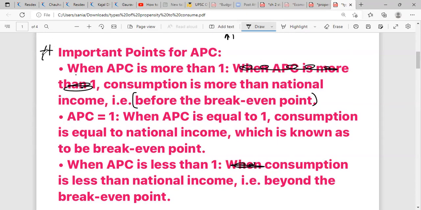Okay, so you'll write hashtag important point about APC. First point, second, and